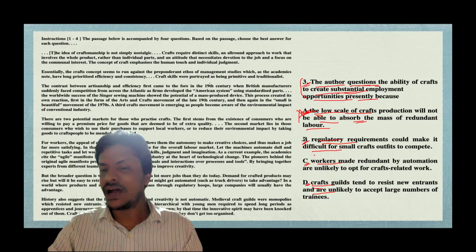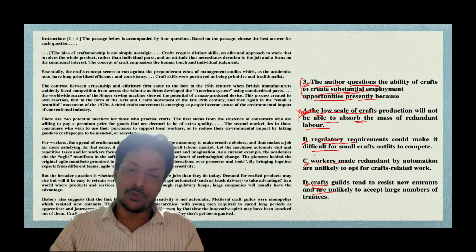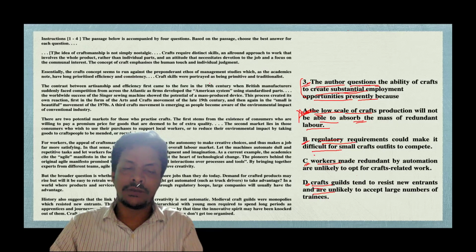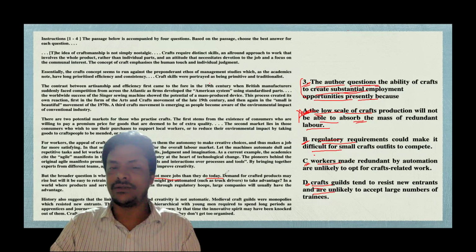Because as for the passage, we find out in the last paragraph, in a world where products and services often have to pass through regulatory hoops, right, which is stated, it gives us the idea of what. But look at the last two paragraphs, where it is stated, "But the broader question is whether crafts can create a lot more jobs than they do today. Demand for crafted products may rise, but will it be easy to retain workers in sectors that might get automated to take advantage? In a world where products and services often have to pass through regulatory hoops,"